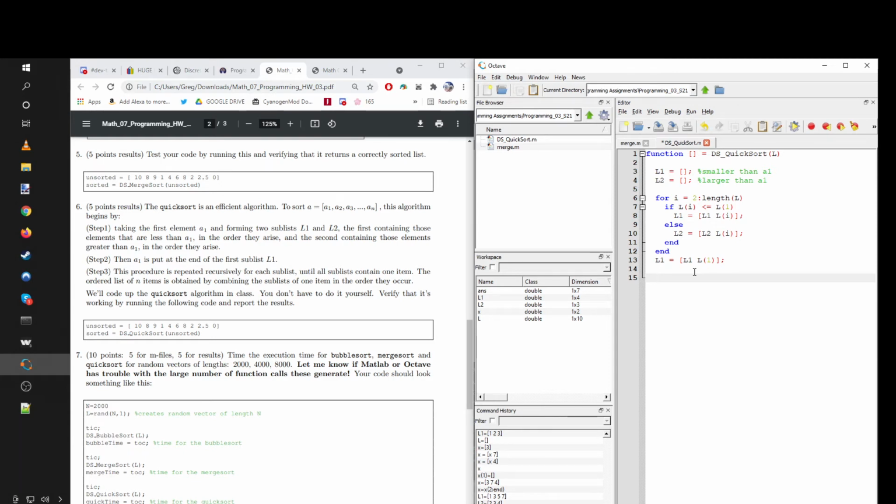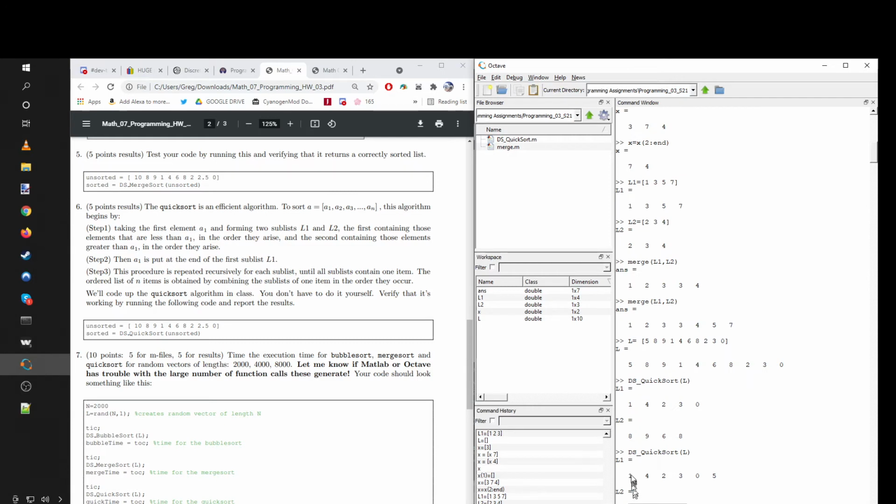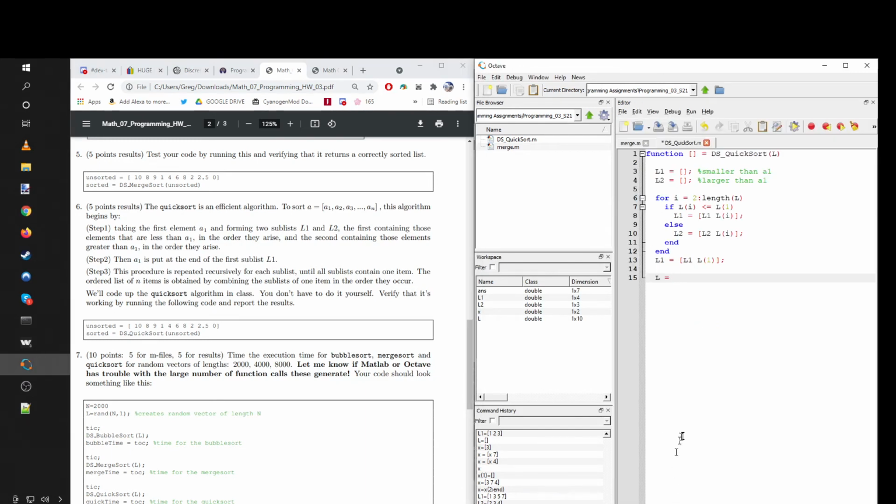So at this point, we split these two lists: you've got L1 and L2, and they're not in order, but L1 is all the small elements, L2 is all the big elements. And the magic of recursion says that what I should be able to do is just say,